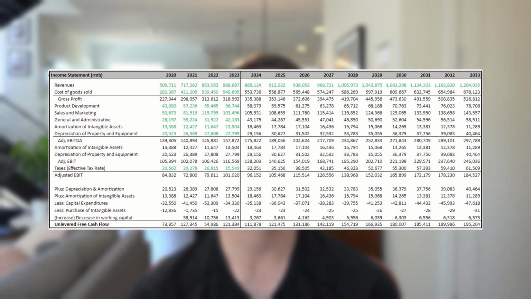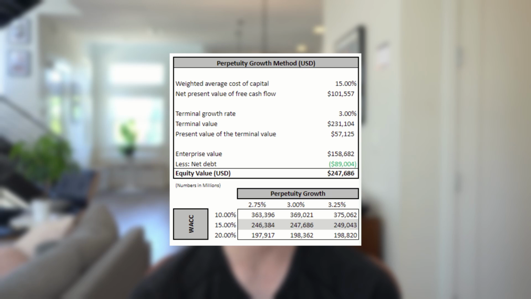So now let's move on to the final valuation based on these assumptions. I get a valuation between 200 billion USD and 375 billion USD. The main thing to call out here is the discount rate. At a 20% discount, we get a valuation of 200 billion USD. They currently trade around 180 billion. If we use a 10% discount rate, we get a valuation between 360 and 375 billion.